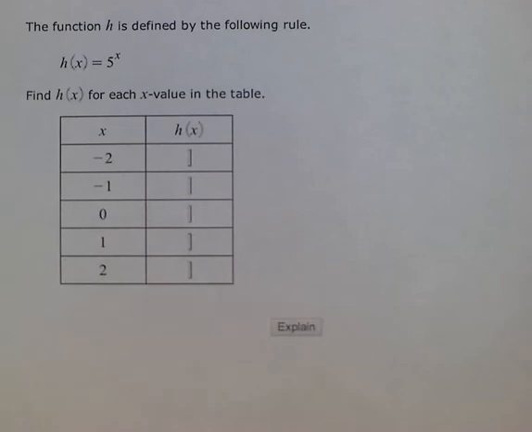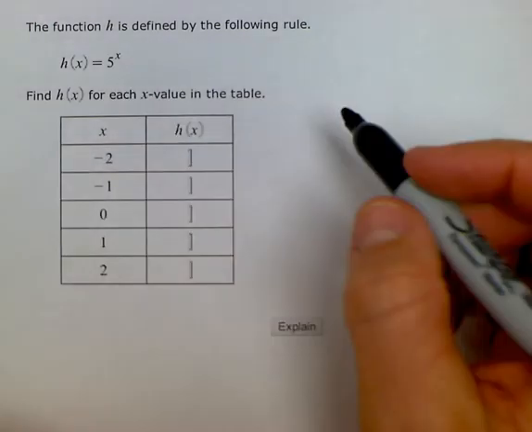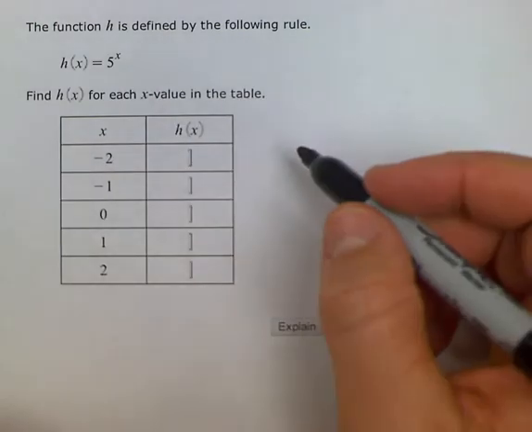So this is a table for an exponential function. The function h is defined by the following rule. H of x is equal to 5 raised to the variable x. Find h of x for each of the x values in the table. So all we have to do here is plug in x into the function and get out the